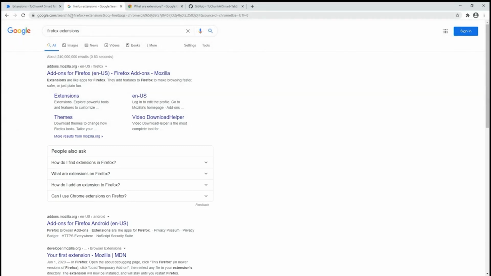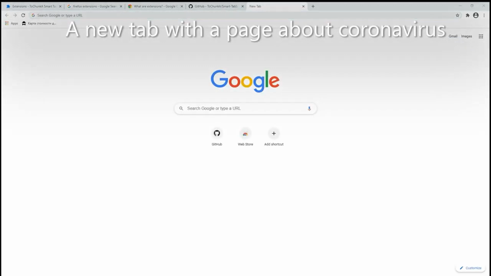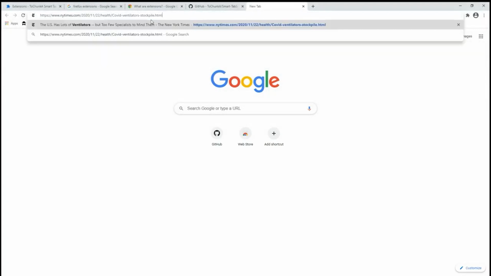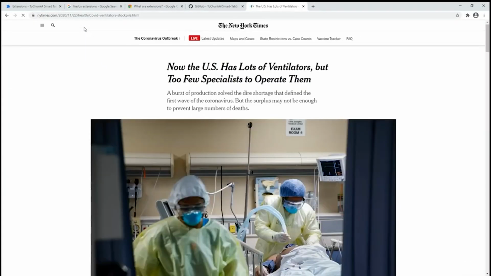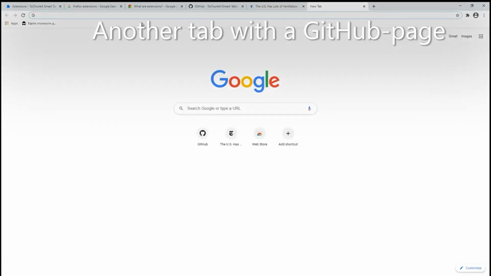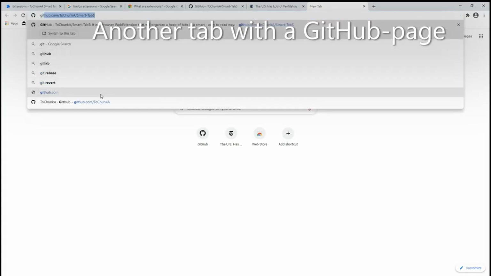The foundation of Tochunk.ai is the smart grouping, whether it's tabs or bookmarks. There are multiple ways this works. It can group tabs by the domain if you have multiple, for example, from a single website, or it can group tabs by the context of the contents. There doesn't seem to be a way to choose which smart grouping Tochunk.ai uses, but it worked decently